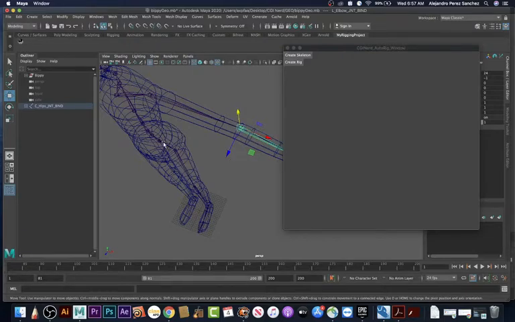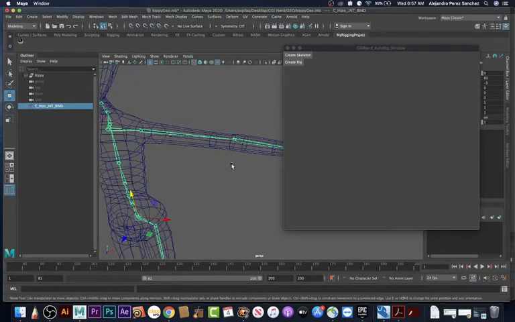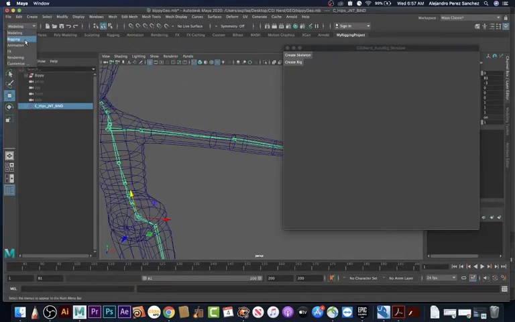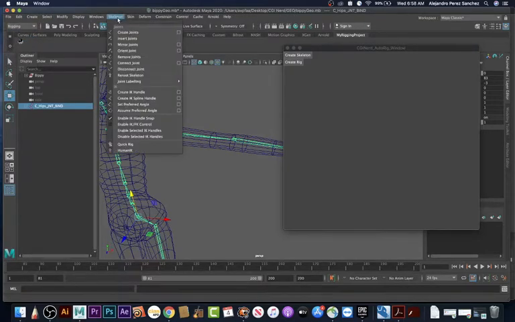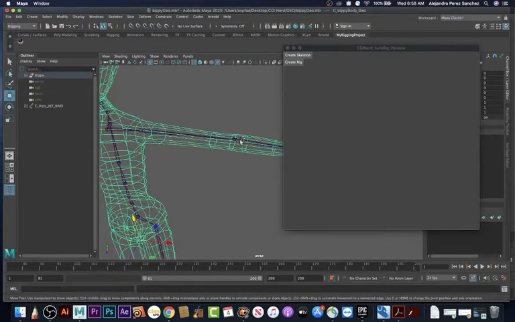So if we were to do this by hand, usually what we end up doing is selecting a joint like this and then going to the rigging menu set, skeleton, orient joints, and then we can tell it what axis. So the primary axis by default is X, and then we can apply. So now when we look at something like the elbow,